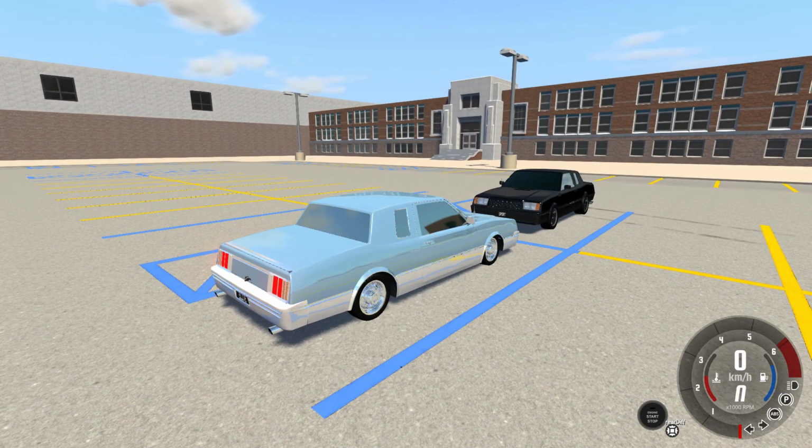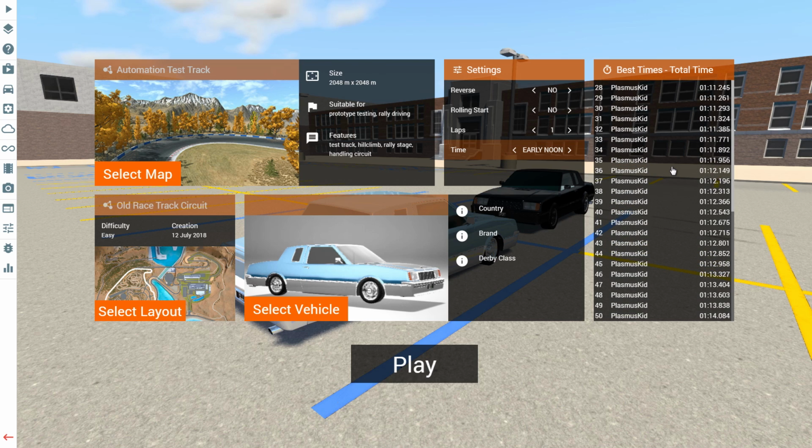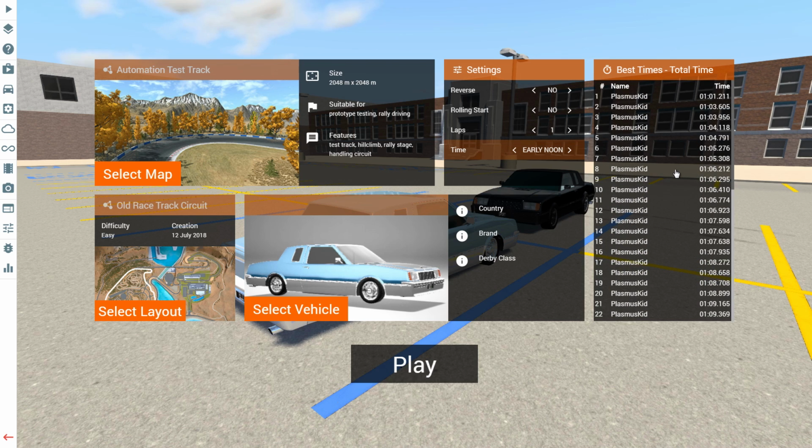Let's see what we can do on the track though. Okay, so this track is one that I happened to do for a AutoFlux, okay, not AutoFlux Games, but a subscriber showcase. It is the automation test track, the old race circuit. So lap times here are approximately a minute. We're going to give it a go with the San Andreas low, and then we'll try the AFX